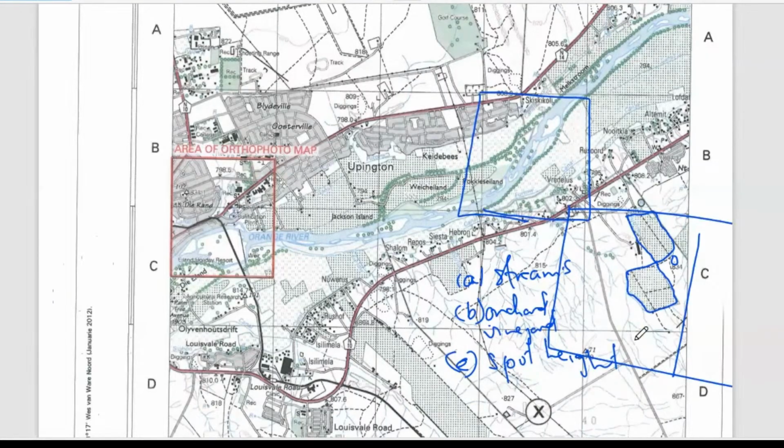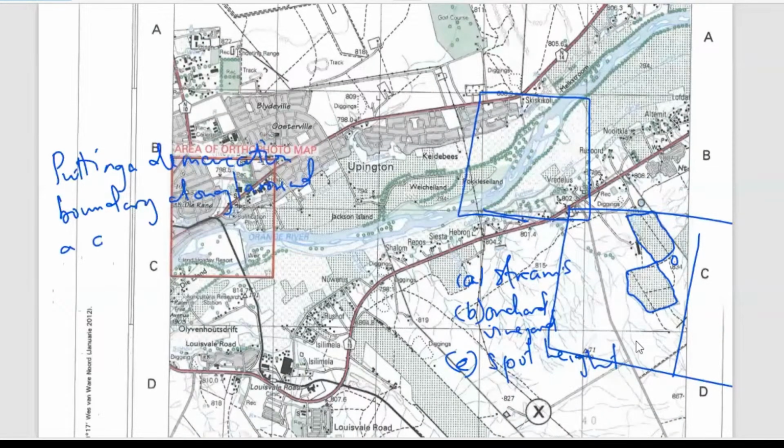Right, the question is saying, buffering is evidence on either side of the Orange River. Define the concept of buffering. When we're talking of buffering in geography, we are looking at putting a demarcation or a boundary along or around a geographical feature. That is buffering. We are putting a boundary or a demarcation around a geographical feature. That is demarcation or boundary. That is buffering. Then provide evidence from the topographical map that buffering is occurring on either